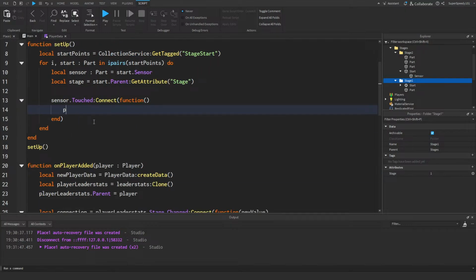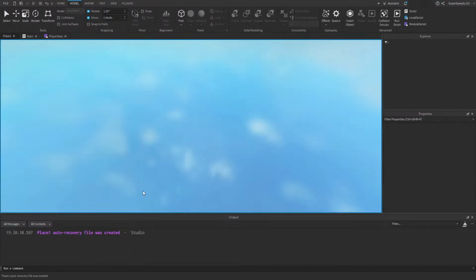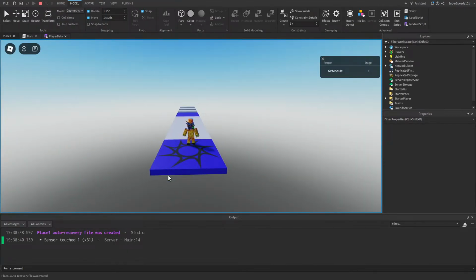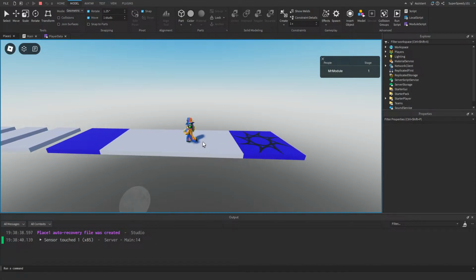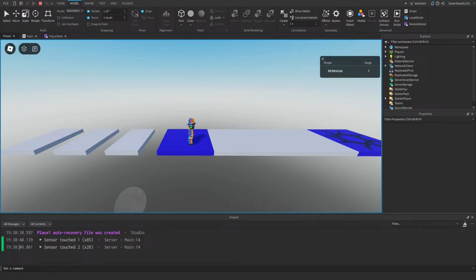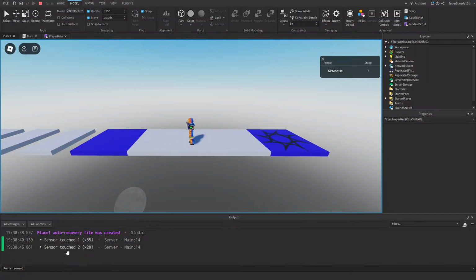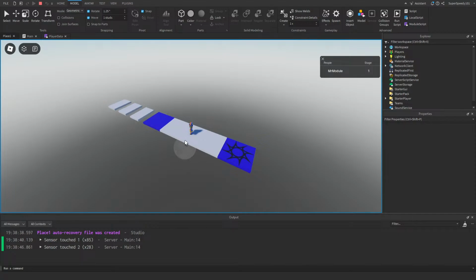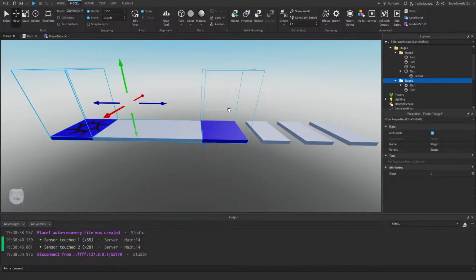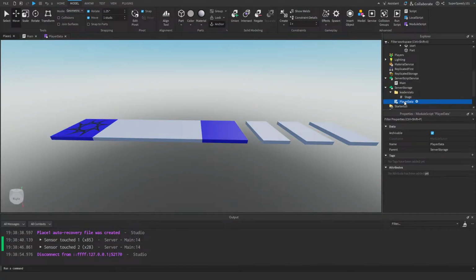And now let's just print sensor touched, and we'll also print the stage that it was a part of. Let's test it out and make sure it's working. So the sensor is working for the stage 1 sensor. Now let's look at stage 2 sensor. Yeah, if you look at the output at the bottom, it says sensor 1 touched and sensor 2 touched. So the sensor touches are working. All we have to do now is